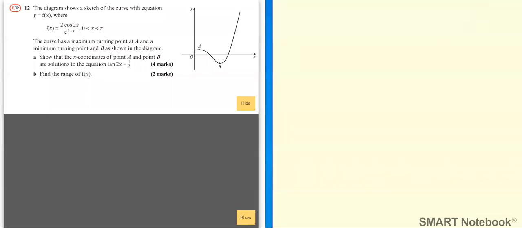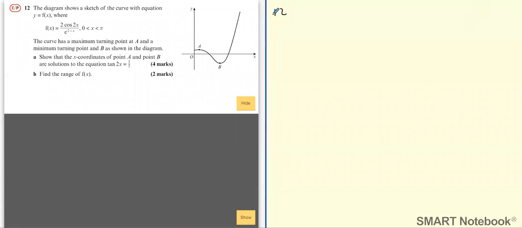Yeah, so the first thing I just want to do is cover any problem areas. Otherwise, every time you come across a question like that, we just get stuck, don't we? So if we look at this, number 12, f of x equals 2 cos 2x over e to the 2 minus x. The curve has a maximum turning point at A and a minimum turning point at B as shown in the diagram. Show that the, right, okay, so